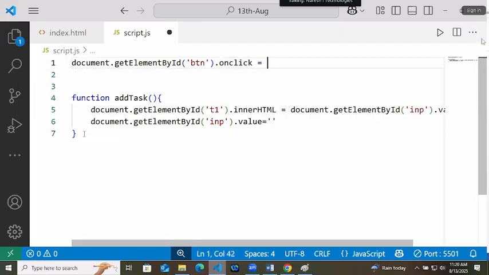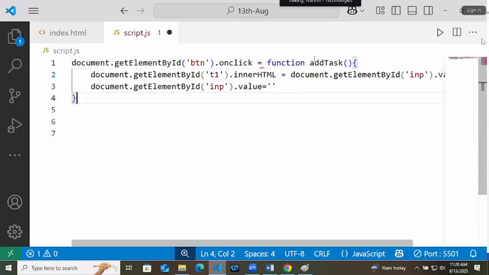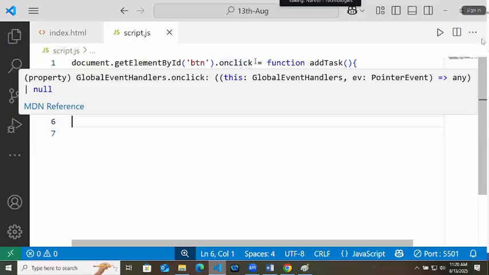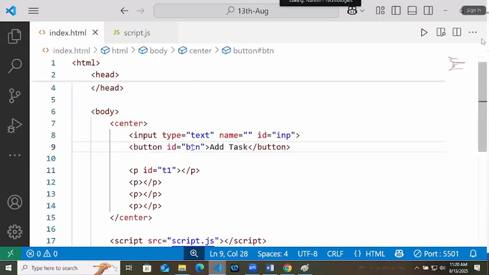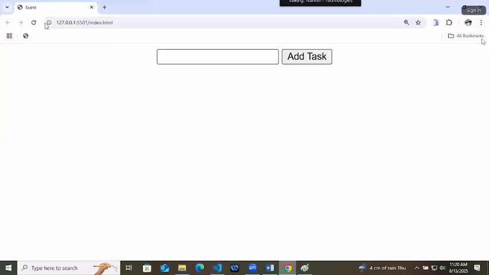Equals to this function. Understood? We just called the button in JavaScript and gave onclick here. That onclick you were writing there, now we are writing inside JavaScript. Right? So whatever task you are adding is getting added. The onclick is getting handled by JavaScript instead of HTML.